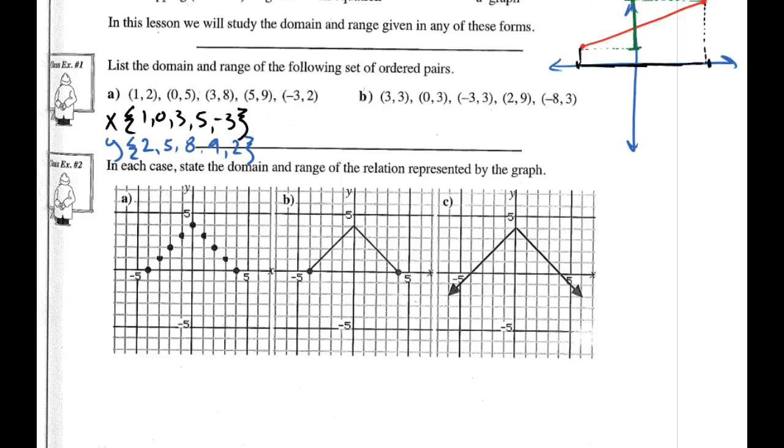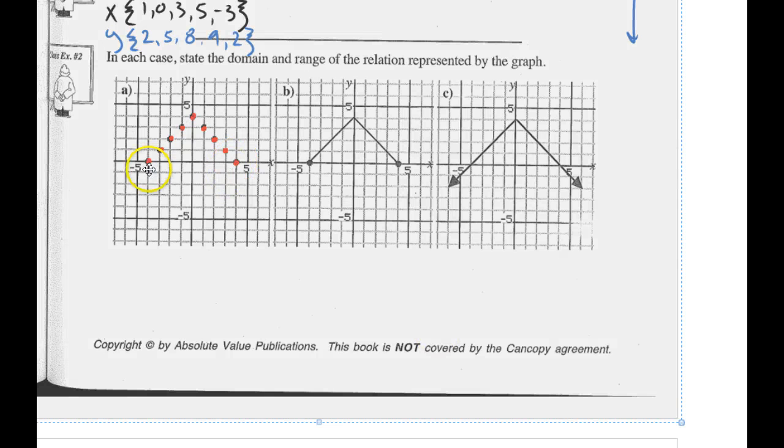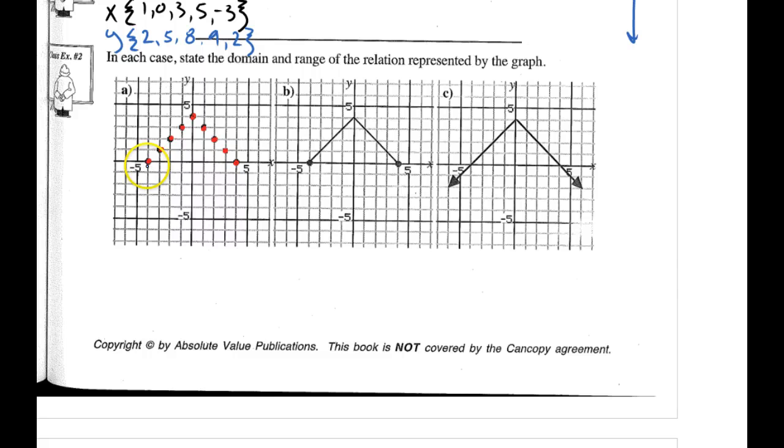Okay, example number 2, let's see if we can determine the domain and range from the actual graph. And this is most of the time you're going to be doing questions that require you to interpret a graph here. So let's look at all the x values for this one. First of all, let me just color these guys here. So these are all the points that we're looking at. And so what are all the possible x values? Well, we start here at about -4, -3, -2, -1, 0, 1, 2, 3, and 4. So the answer here would be for the domain,